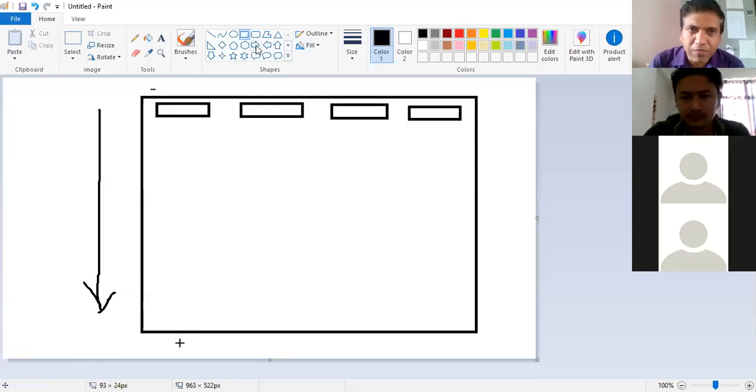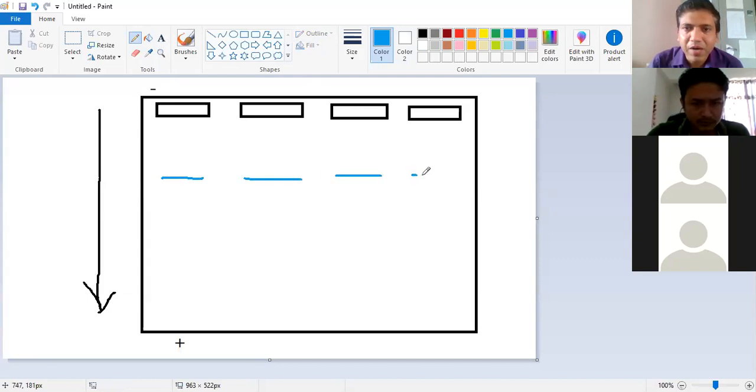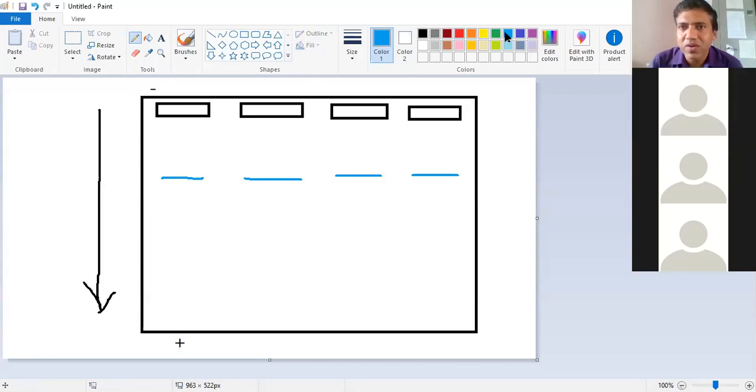So what will happen, after some time you will find this dye, because you cannot see the DNA, but what you can see is the dye. So you will get two types of dye, forward dye and backward dye. So this is the violet color dye. So now the dye starts coming from here. Initially these two dye will be together. After some time they will separate. So generally what we do, once this dye comes to the middle of the gel, we switch off the electrophoresis.